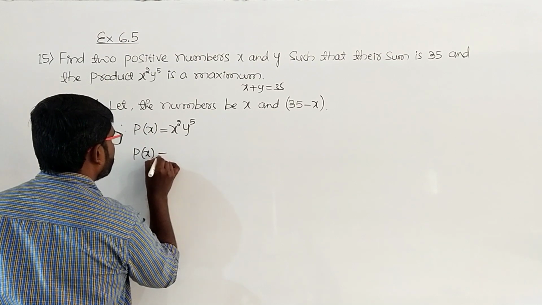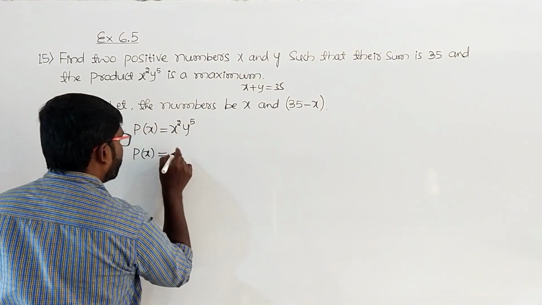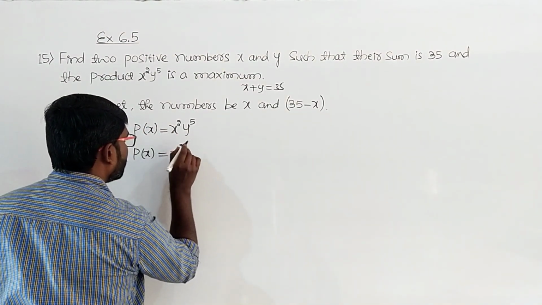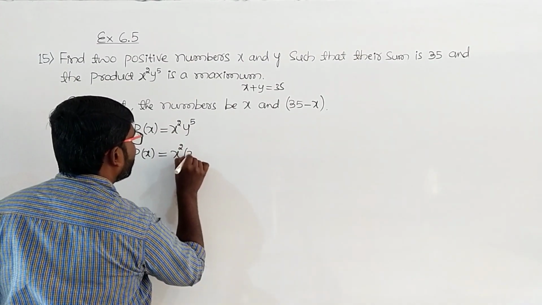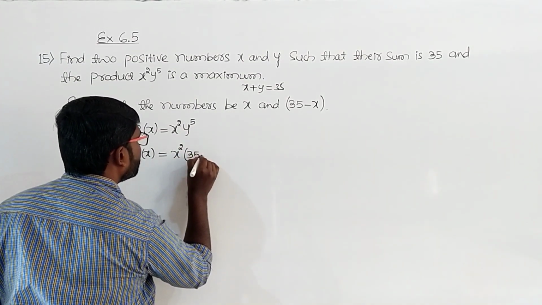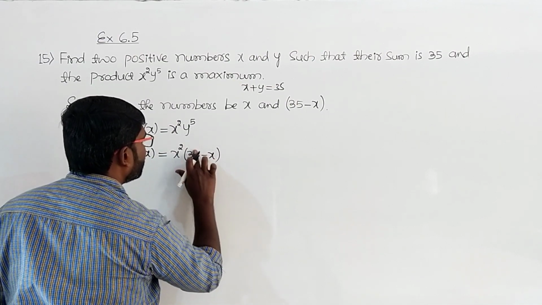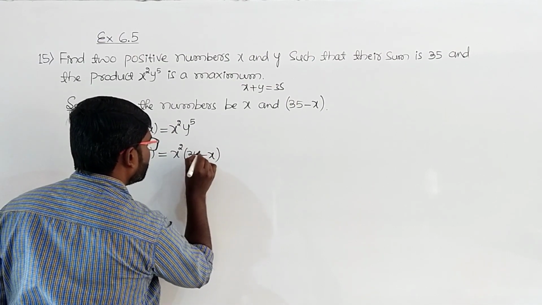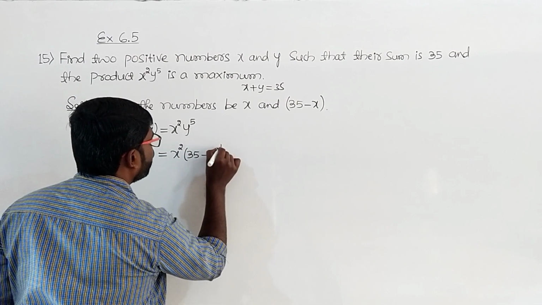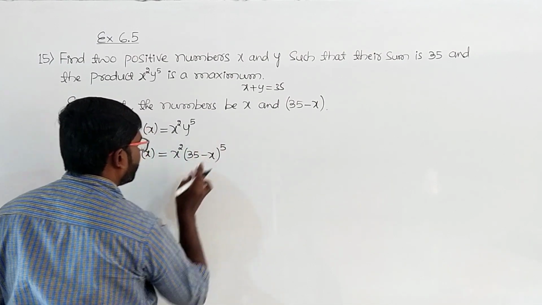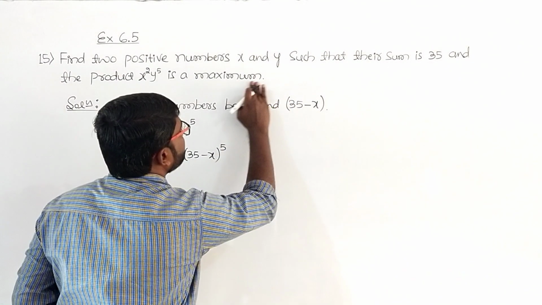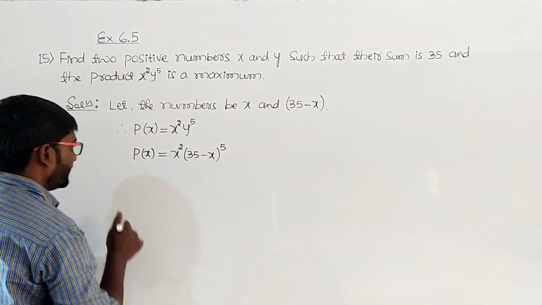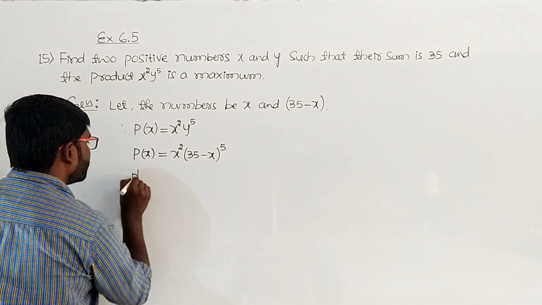P of x is equal to x square into y. What is y? It is 35 minus x to the power 5. So now we will have to go for the differentiation. So here p dash of x is equal to